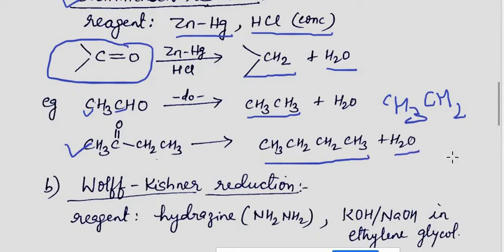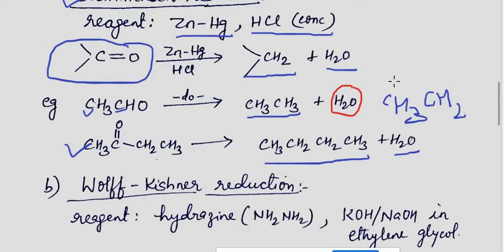Now there are two types of questions which are asked. In the first case, they can ask you to write down the product of the reaction. The question could be, write down the product of the following reaction. The second way it can be asked is, complete the following reaction. If it is asked as complete the following reaction, and you do not mention the byproduct, then your answer will be wrong and you will not be given any marks for it.